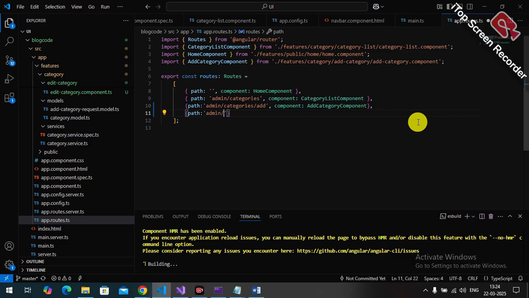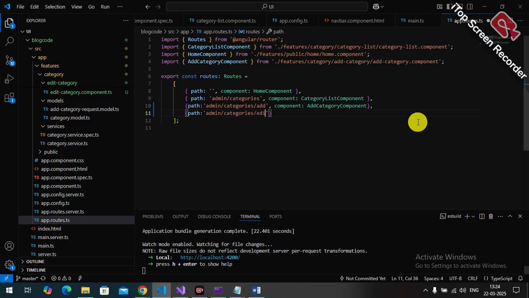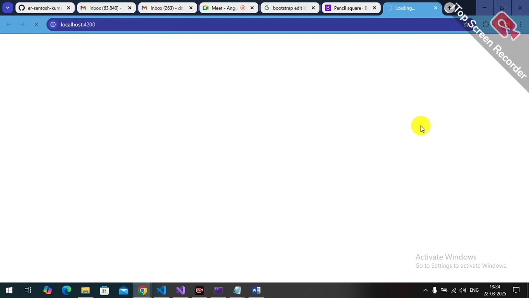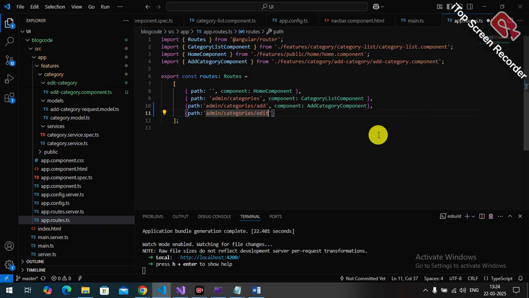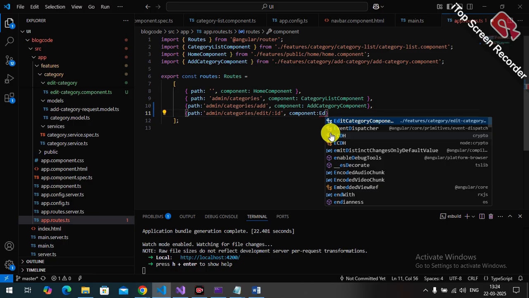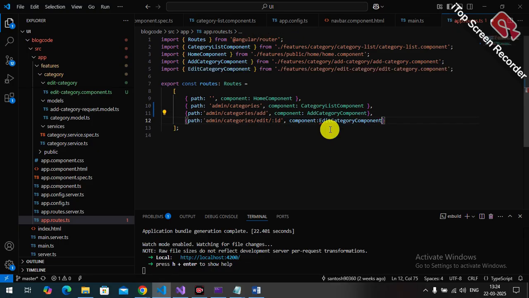Write admin, after that categories slash edit, and slash edit in the column it should come, edit slash edit categories component. Okay,